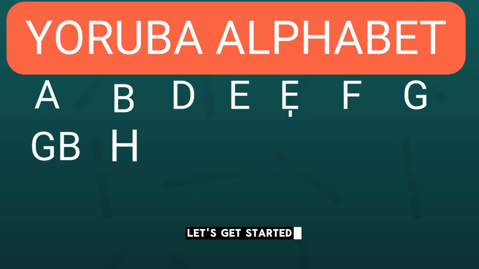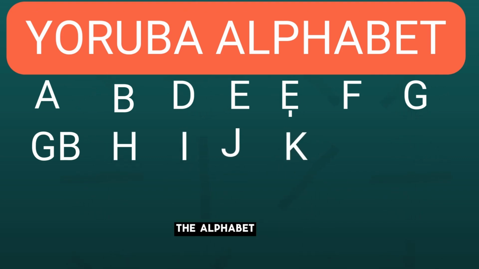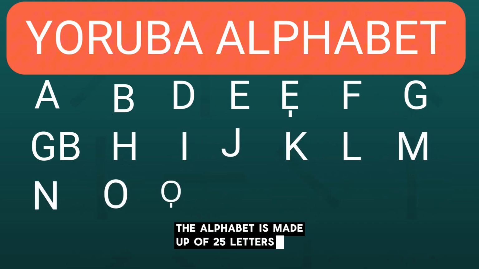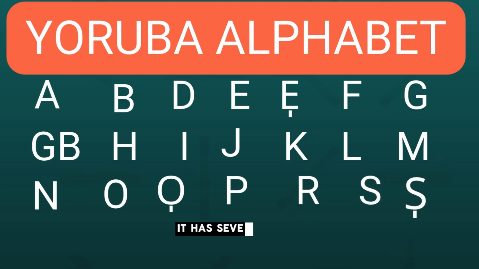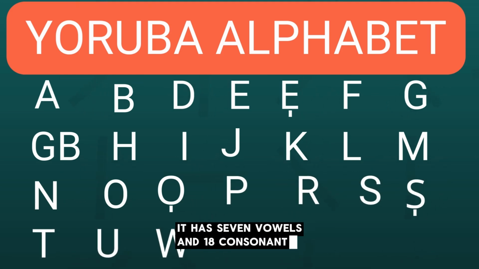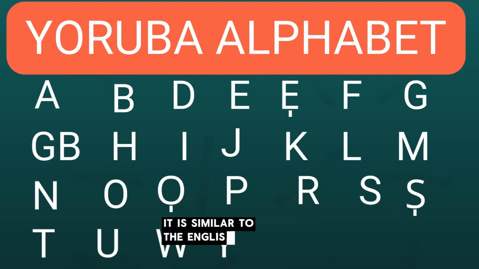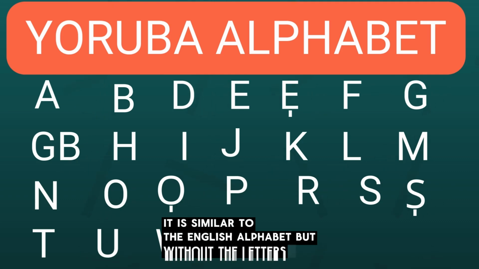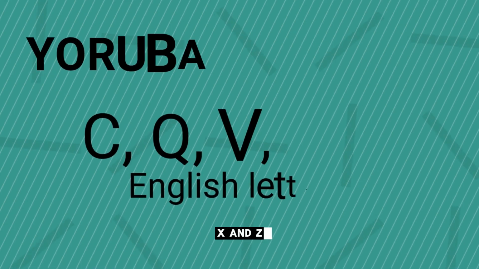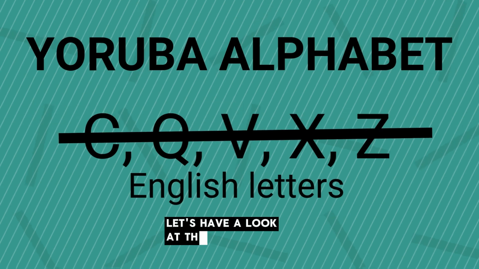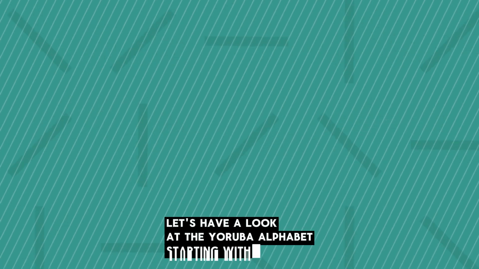Let's get started. The Yoruba alphabet is made up of 25 letters. It has 7 vowels and 18 consonants. It is similar to the English alphabet but without the letters C, Q, V, X, and Z. Let's have a look at the Yoruba alphabet, starting with A,